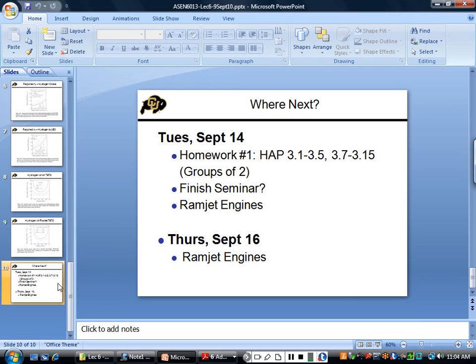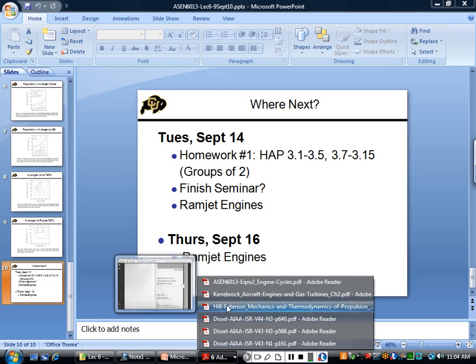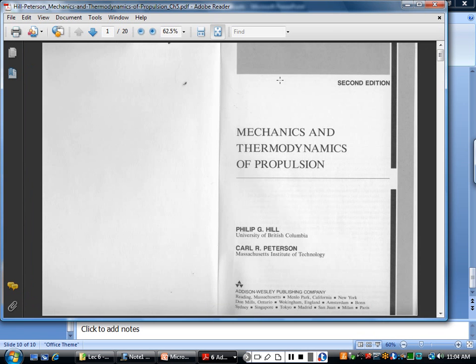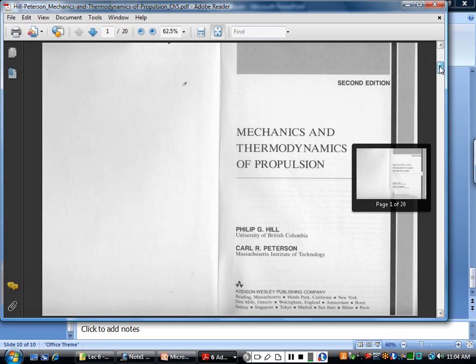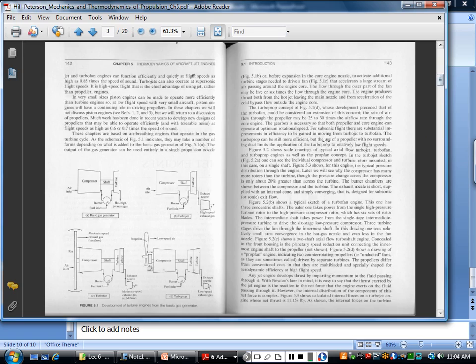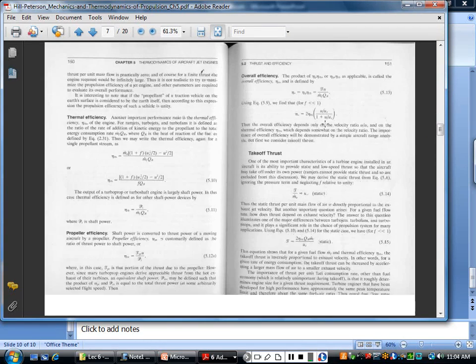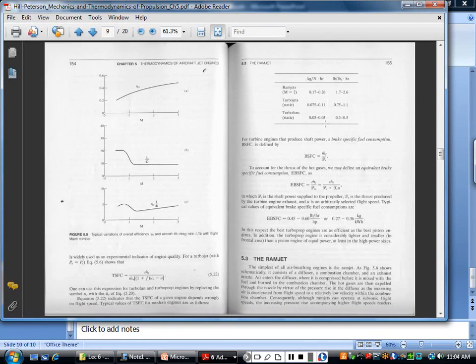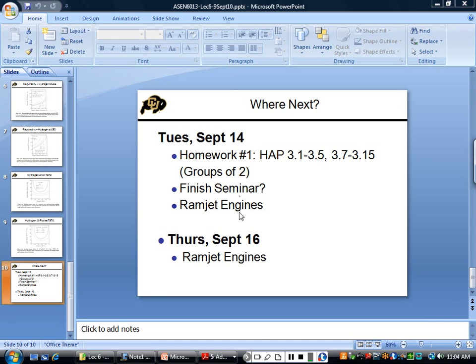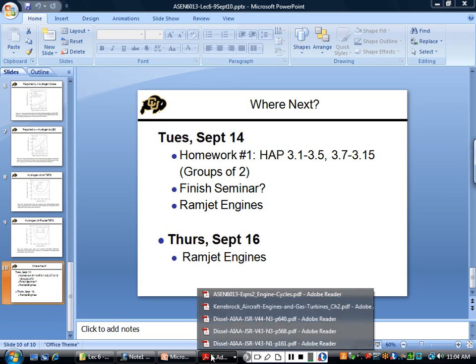is ramjet engines. For ramjet engines, I have some handouts I'm going to give you. Probably the easiest one is from Hill and Peterson. It's a whole chapter. You'll see the section in there. It's probably 5.2 or whatever part it is. It's not that much, but that's kind of where we'll start. I gave you the whole chapter, so if you're looking for the context, it's all there. Where we start here is some of the background part. So 5.3 is where we'll get into, and then we'll get into some other details from there,